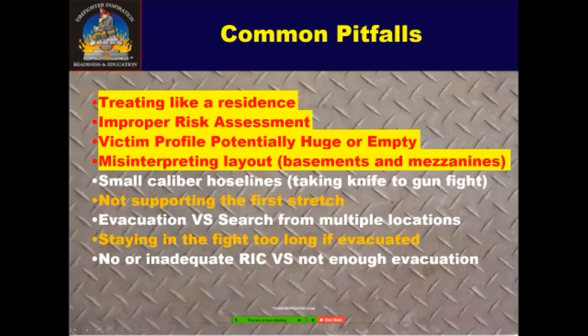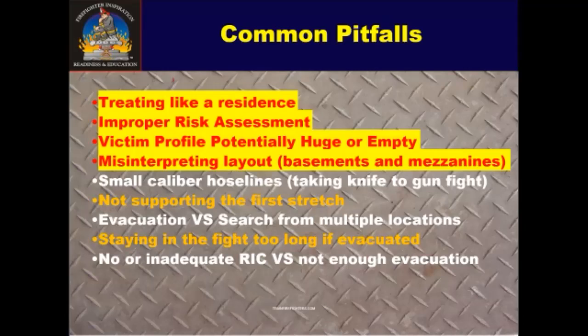No RIC or inadequate RIC versus not enough evacuation. So again, starting from the victim profile, if it's a low victim profile, then my priority is going to be more like RIC or maybe multiple RICs if it's a large church, for example, or a theater. Versus when you have 100 people trapped and now we need to evacuate them and get as many out as possible. That's different, and that may not require RIC, or you may not have the resources for RIC in that